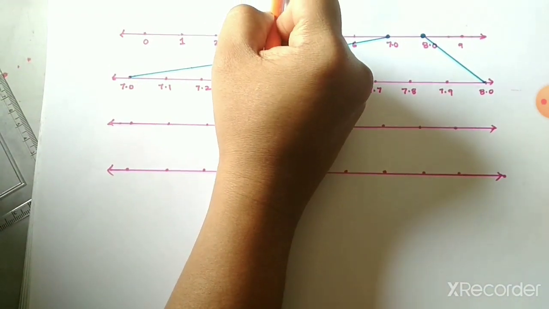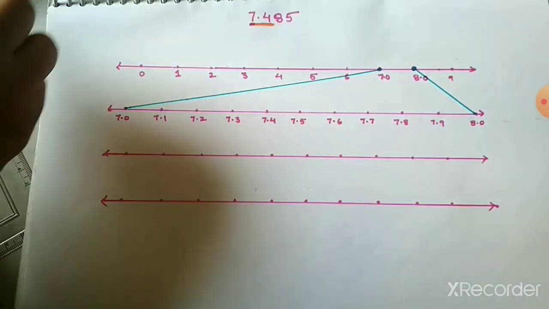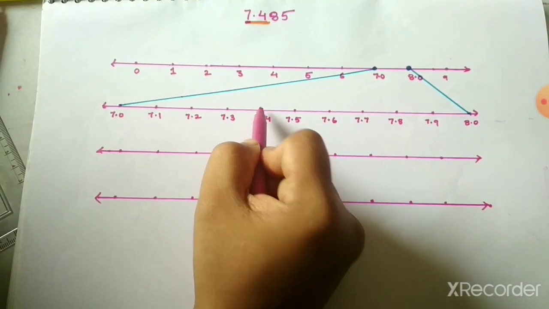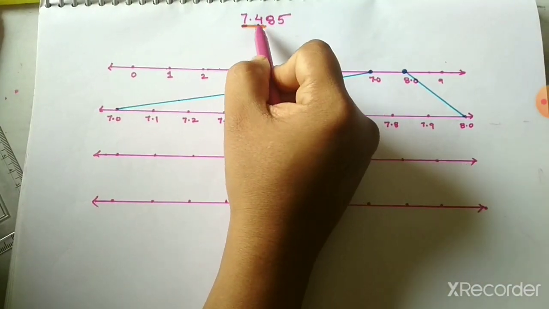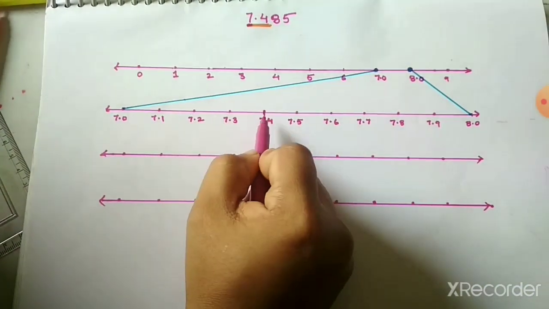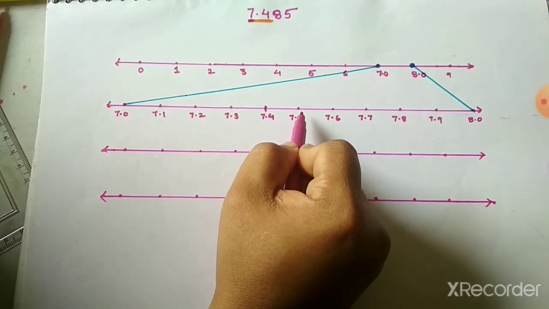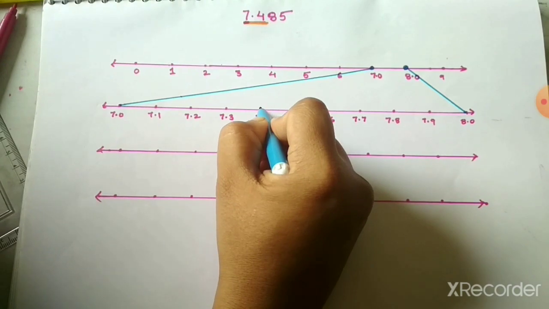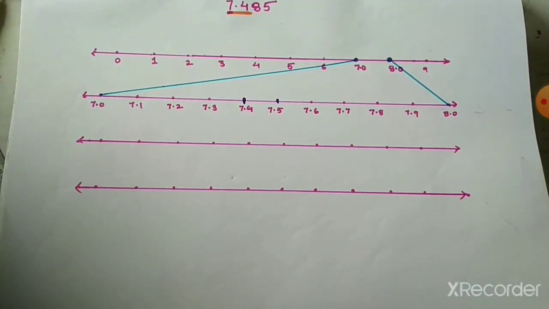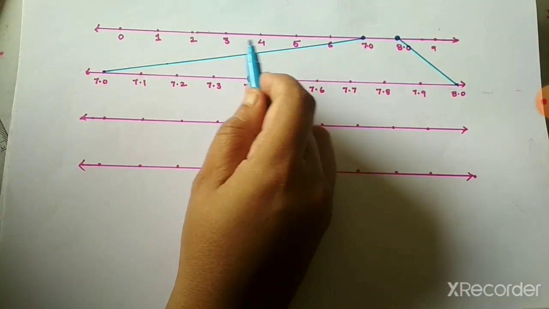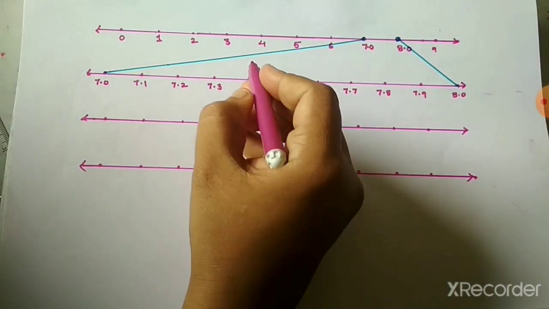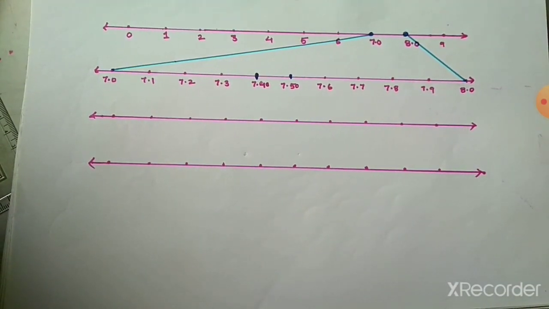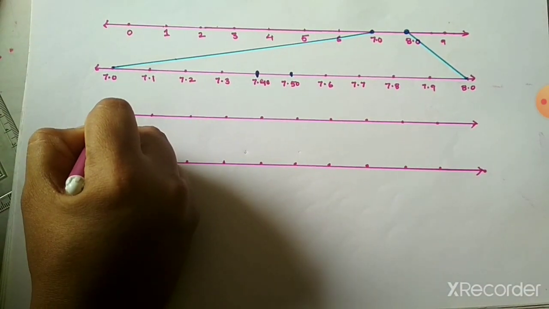Now see the next point. Now my next point is 7.4. Where is your 7.4 on your number line? Exactly here. Correct? But the next digit is 7.48. That means the number is greater than 7.4. So again that point lies where? It will lie in between 7.4 and 7.5. So I will magnify this distance, considering 7.40 and 7.50. So you will get it here as